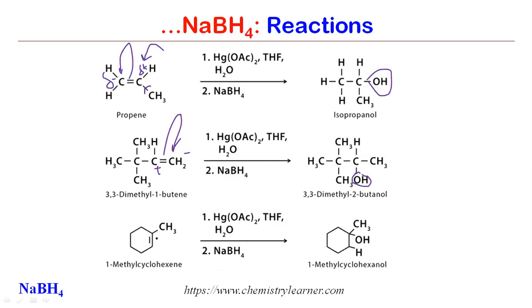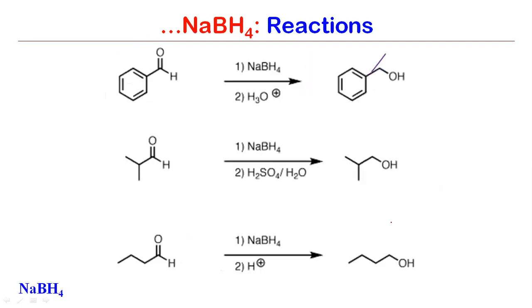And here also, if you see that this is an unsymmetrical alkene, and because of these two groups, we have a disubstituted alkene here. Here it is monosubstituted. So this bond will be migrated in this fashion. This carbon will have partial positive, it has minus, and so OH will be attached on the positively charged carbon. So these are some products which are formed by the oxymercuration demercuration reaction. And of course, in all these three cases, you can see that Markovnikov rule is followed, because OH is getting attached with the carbon having lesser number of hydrogen atoms.